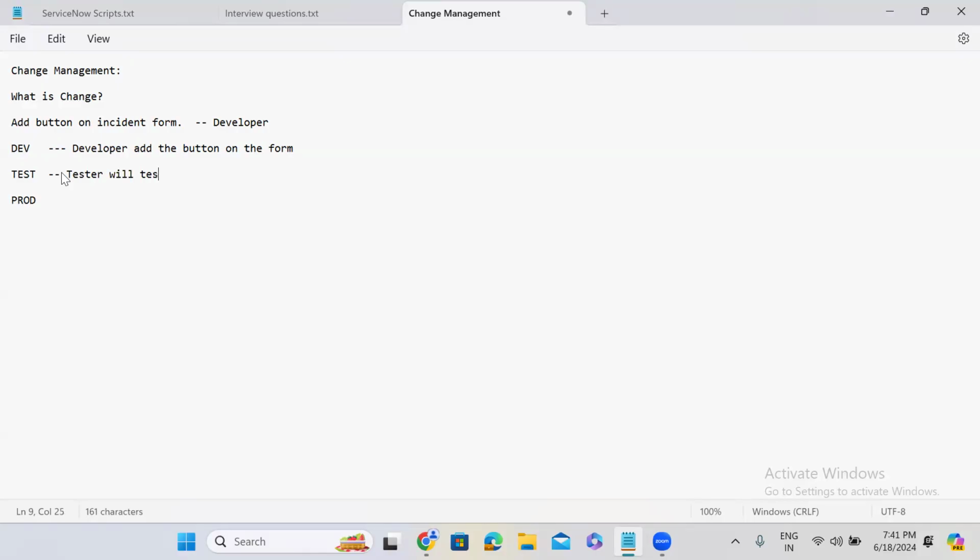Tester will test the button here. After testing it, testers will give the sign off. Sign off in the sense, it is working fine. Sign off means it is completed, it is working as expected. After getting the sign off, so at this point,